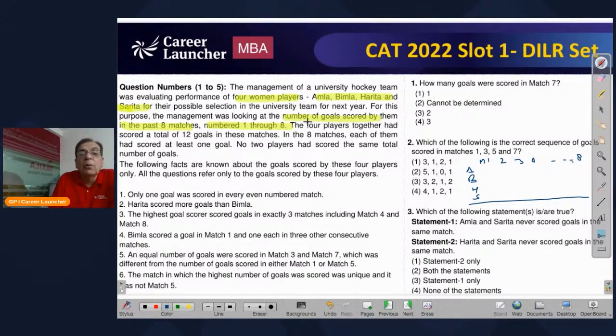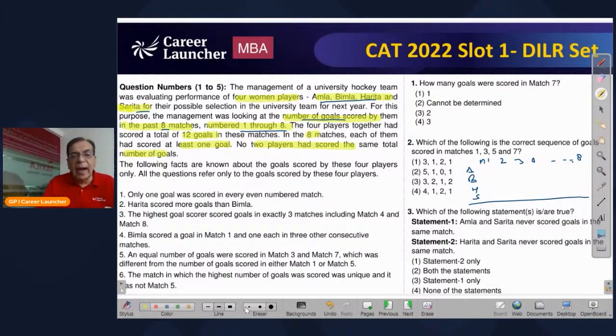Okay. So looking at the number of goals scored by them in the past 8 matches numbered 1 to 8, and this is about ABHS. When you're reading the information, you should be able to visualize, okay, this is possibly the kind of data or the table configuration that I will need. The 4 players together had scored a total of 12 goals. In the 8 matches, each of them had scored at least 1 goal. No 2 players scored the same total number of goals. So this tells me